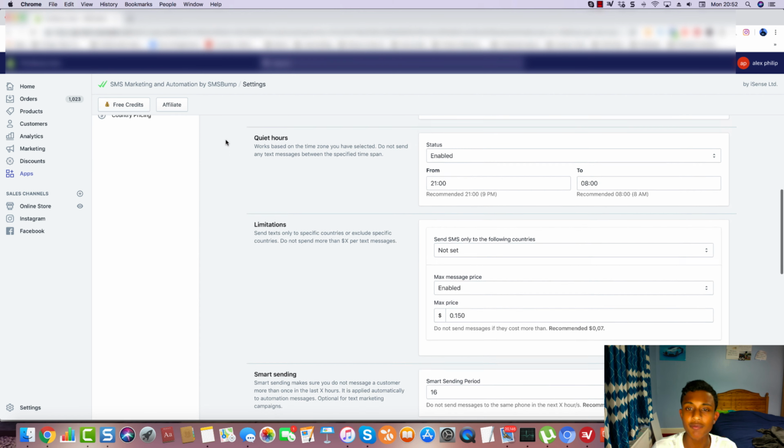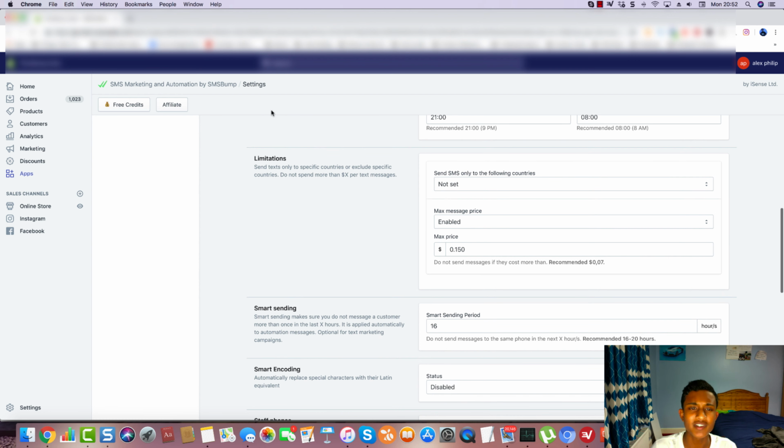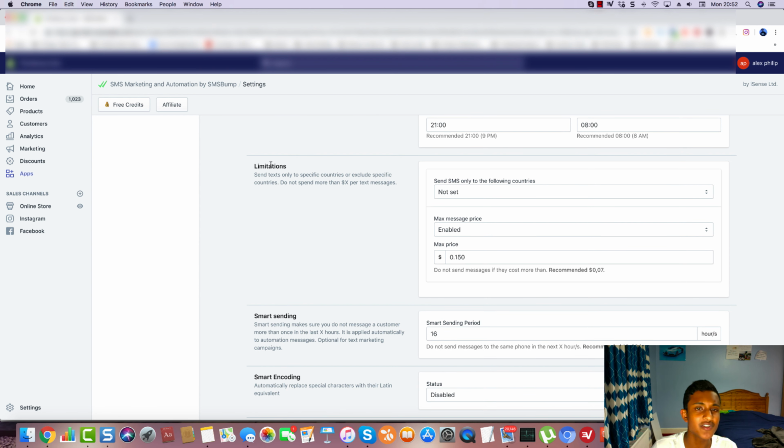But that's pretty straightforward. You can just use your normal phone if you're just getting started. And then you want to just go to settings real quick and go to limitations. And you can play around with the settings of the app. But for me, I don't send any messages above 15 cents. Just because personally, the text messages that go to US countries normally cost less than 15 cents anyway, and US